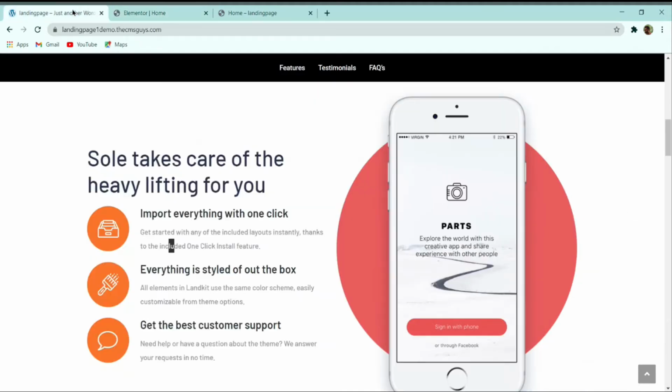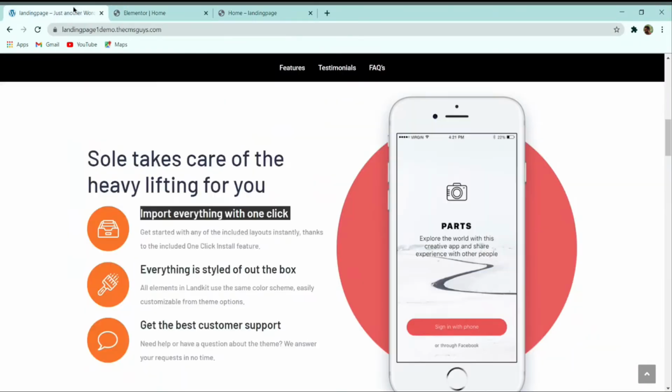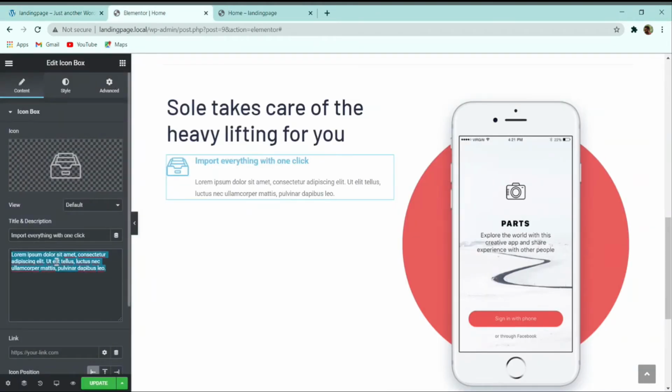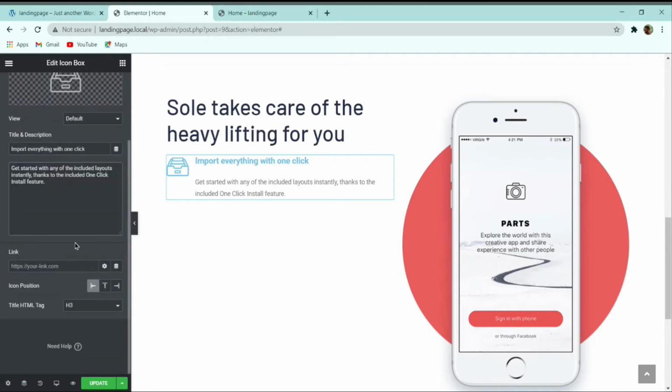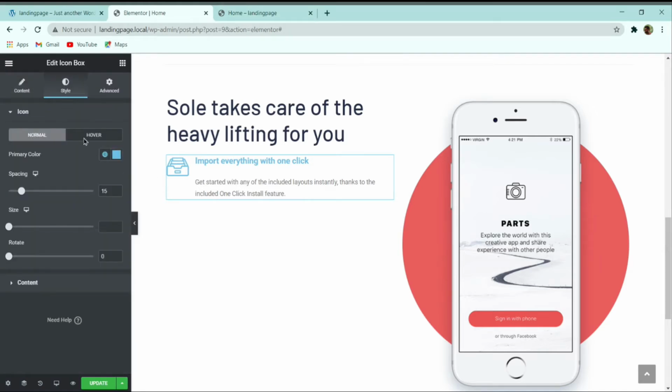So again I will copy the title from here, and let me paste it in the title and description part, and copy the description, and let me paste it in the description part. So all right, after that let's start customizing the style. So after going to the style, here you can see that we have to select a primary color.